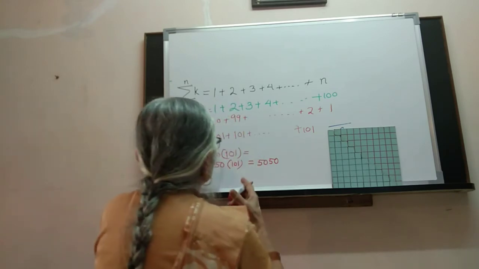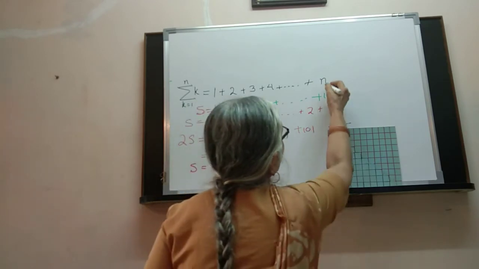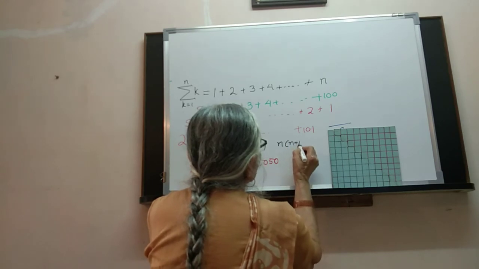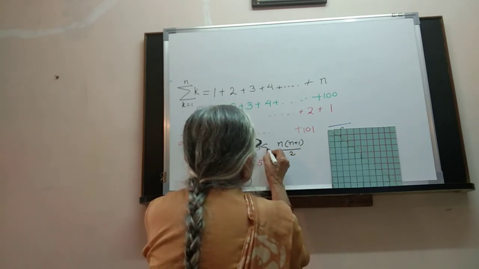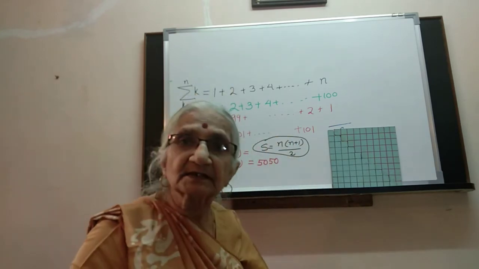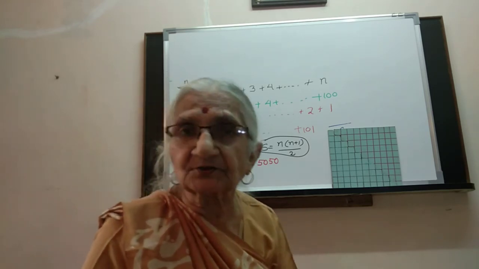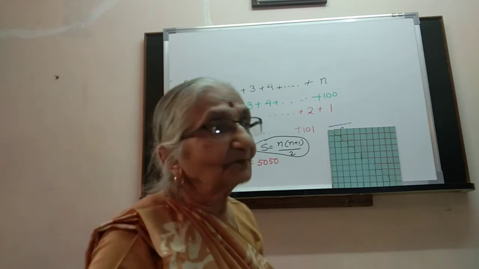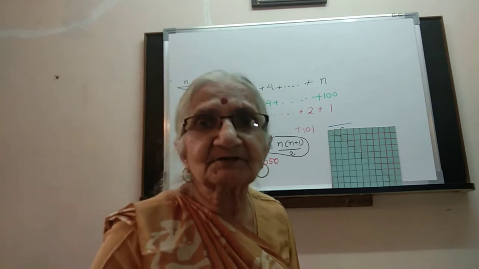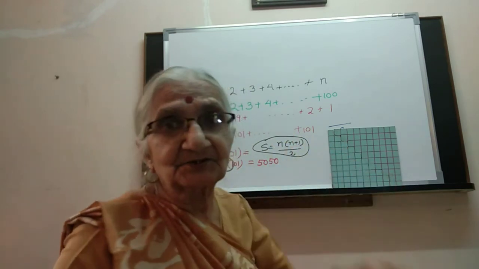And so this is, if you take instead of 100, if we had taken n, this would have been n into n plus 1 upon 2. This is the formula for the summation of first n natural numbers. Okay, so it's a very useful result, and more interesting is how Gauss did it. He was a genius. Well, we may not be genius, but we can also do something. At least we can understand all this and use it in a nice way.